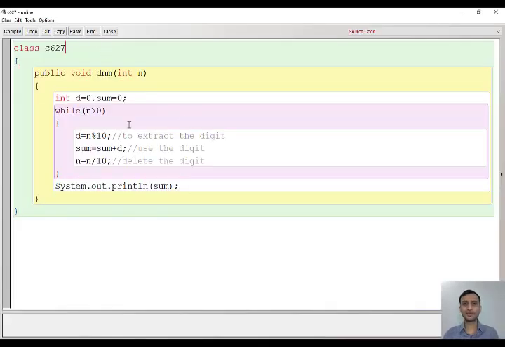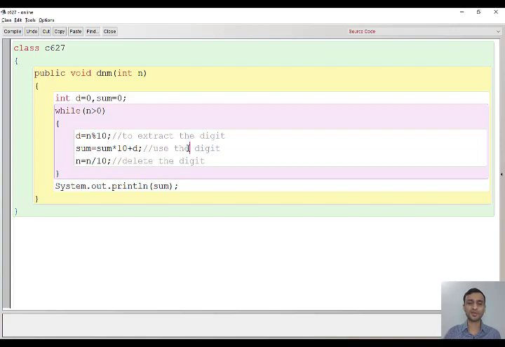So this is question number 25, which I had solved previously. That is, extract the digit, add them, and after adding, finally we have to print them. But here we are going to reverse it. Here the use of the digit is that we are going to reverse it. So you have to do just one simple modification. Instead of sum equal to sum plus d, write sum equal to sum into 10 plus d. Your program is done. In question number 25, you have written sum equal to sum plus d. Just write sum equal to sum into 10 plus d.